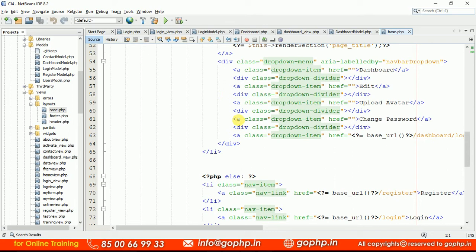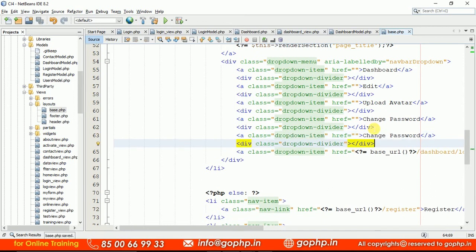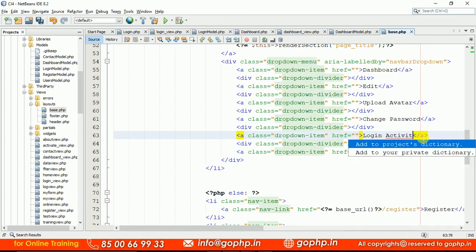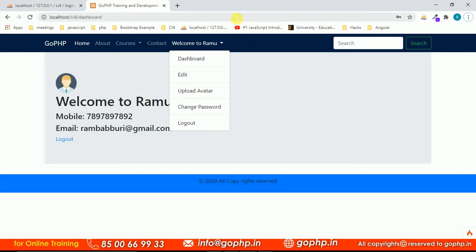So we have all these menu items, right? So let me add the menu item here. So before logout, or anywhere you can decide the place. This is going to be login activity. I'm writing one menu item, login activity. So now can you see, if we can refresh, we can observe one more menu item here, that is login